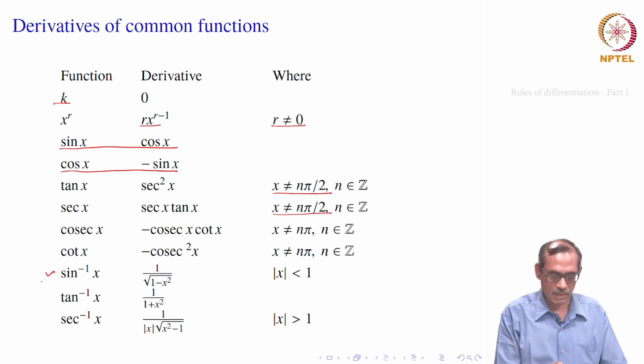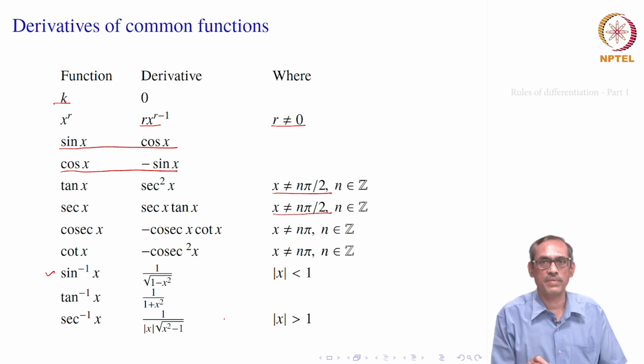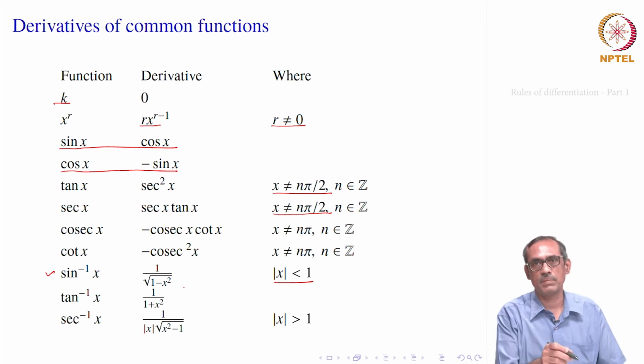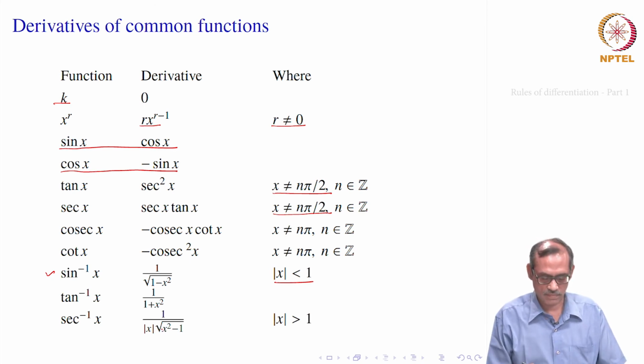Then derivative of sin inverse x will be 1 divided by square root of 1 minus x square. Remember, we define sin inverse x for mod x less than 1. So, it gives 1 divided by square root of 1 minus x square. Of course, sin inverse x is defined at x equal to 1, but it is not differentiable there. So, we will not have this. We will see how to derive this inverse, at least one of the inverses we will derive, other things are similar. It will come from the chain rule, as we have remarked in that rule number 6.